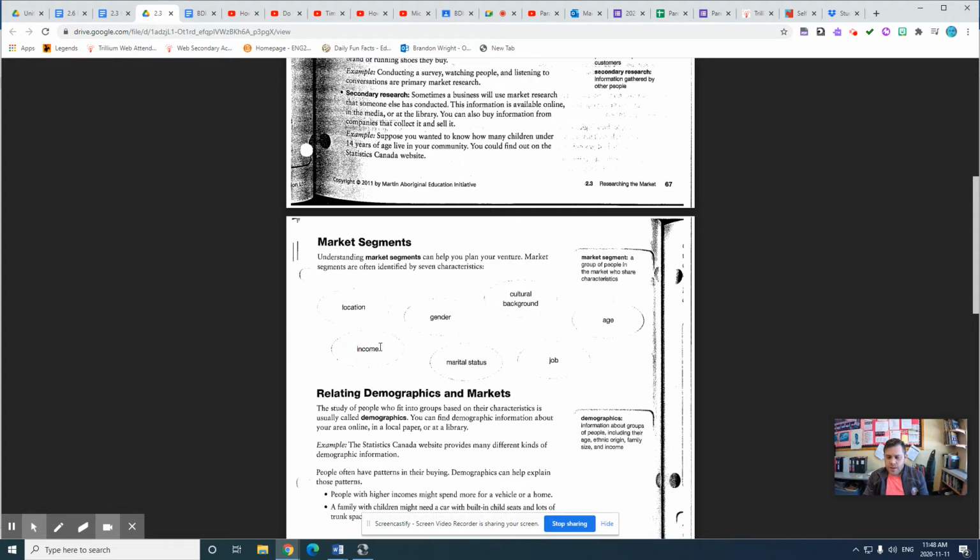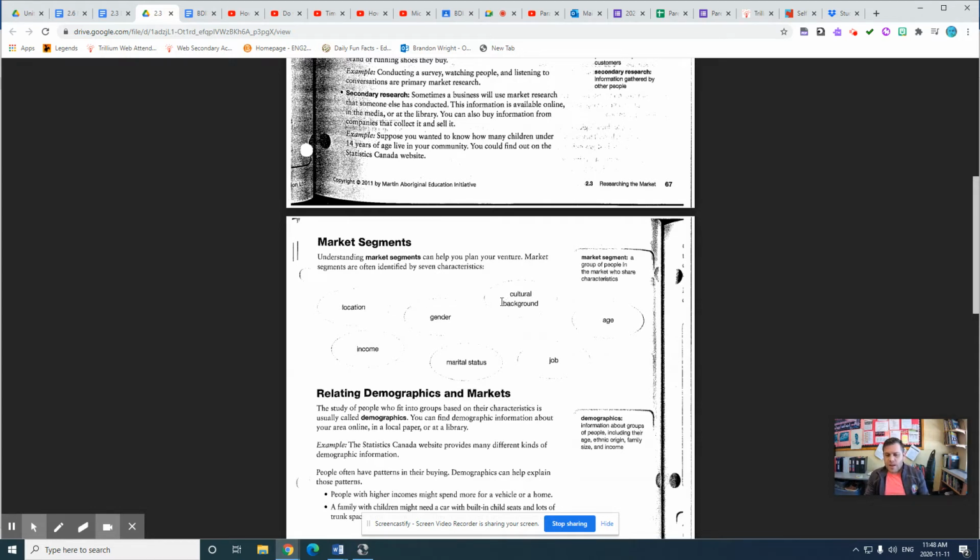And income, I'd say a medium level of income, because this did cost a few $100s to buy. It was not cheap, as most wedding jewelry is not cheap. So you need to have a pretty good income to buy it. And location, well, location doesn't really matter. I bought it online. So I didn't buy it at a local jewelry store. So this is what market segments are.